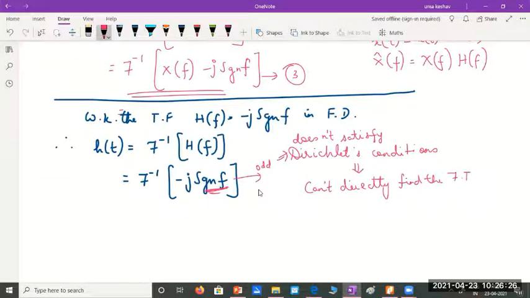Okay. So I hope all of you know what Dirichlet's conditions are. The signal should be absolutely integrable. All those three conditions you should remember. Anyway, I'll not go through all that now. We have done it in PCS also. Now, since this function will not satisfy these conditions, the energy in the signal should be finite.